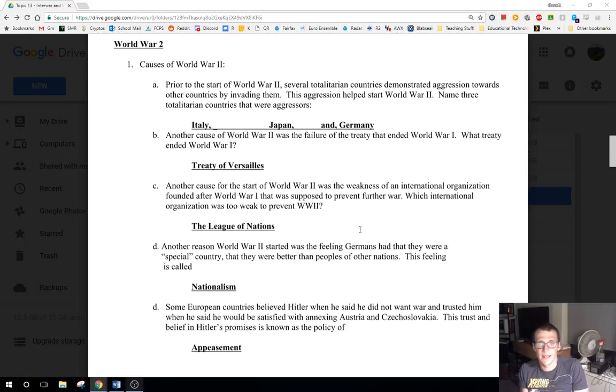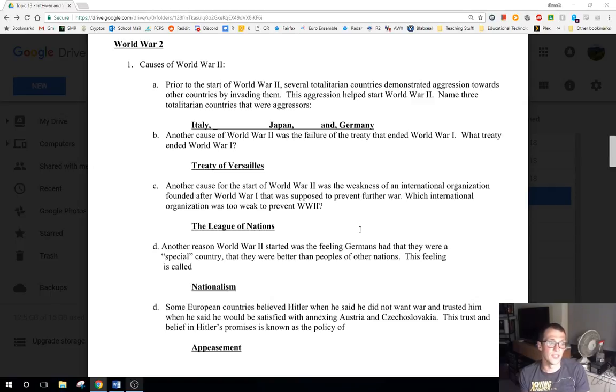So that's the prior to and the interwar period stuff that you're going to need to know. So now let's jump into World War II specifically here, right? So what are the causes in particular? So prior to the start of World War II, several of these totalitarian countries are going to be aggressive towards other countries by invading them, right? So we talked about that from just a second ago. So you're going to have Italy, Japan, and Germany are the big three here that are going to be the